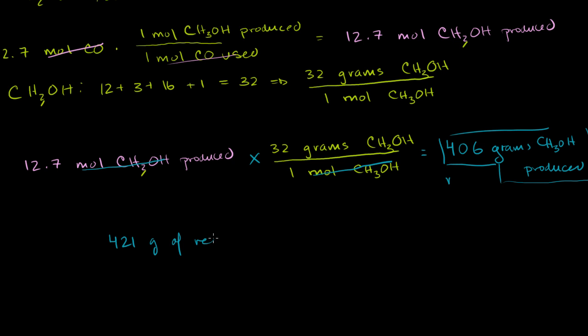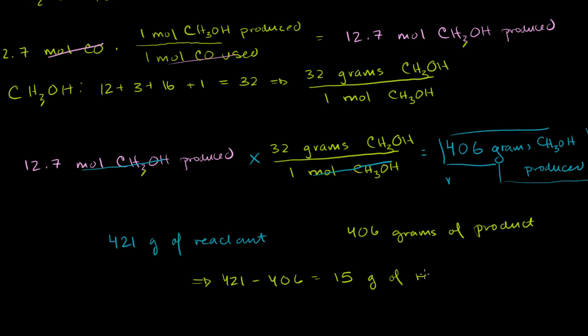And then we end up with 406 grams of product, our methanol. So that means that 421 minus 406 grams of reactant was not used. 421 minus 406, which is equal to what? 21 minus 6 is 15 grams of reactant